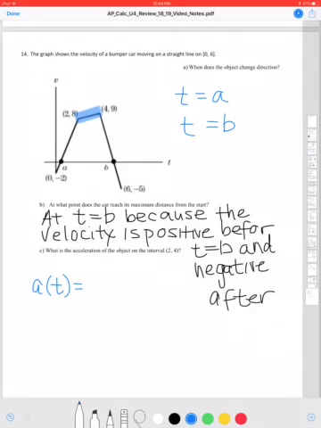So we know that slope is change in y over change in x, or rate of change, whatever you want to call it. So the change in y over the change in x